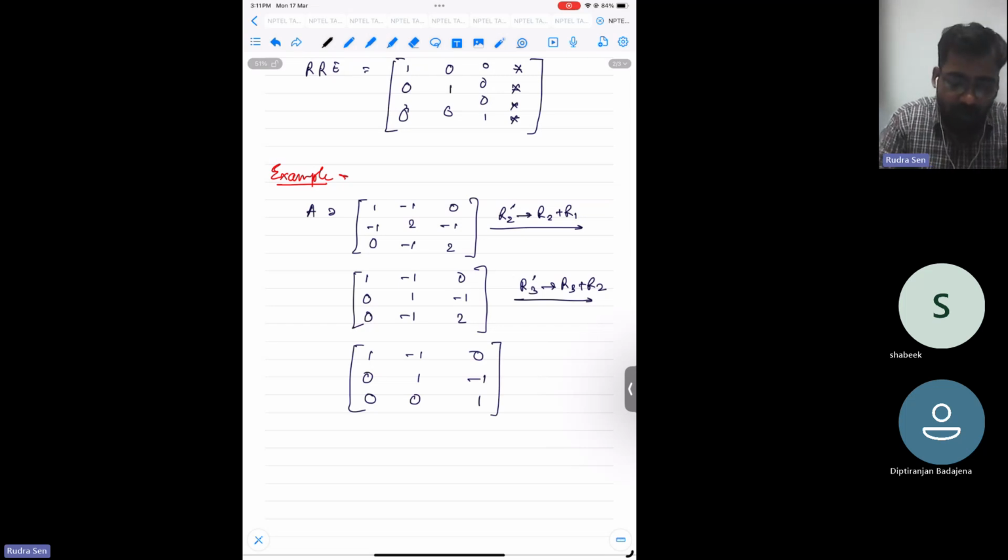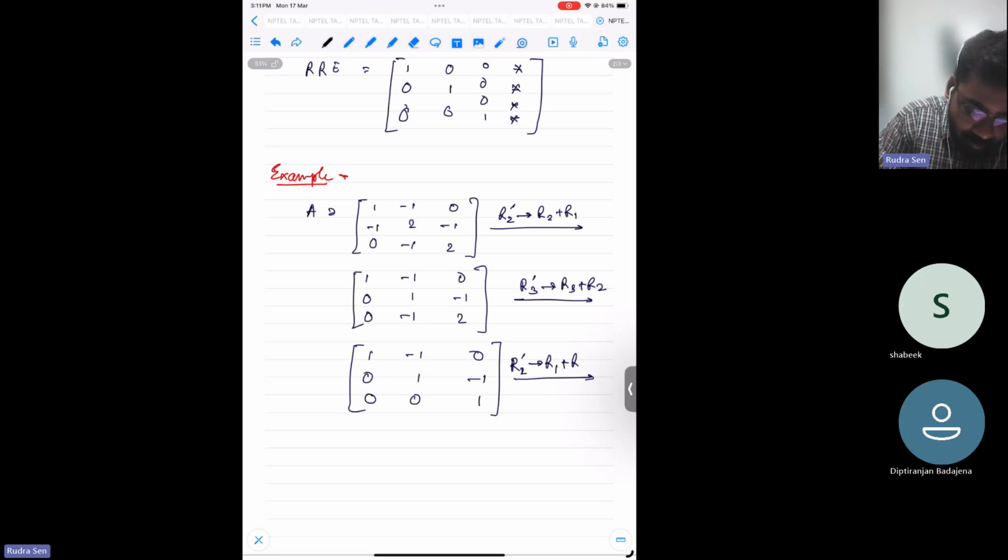Now we need to do the reduced row echelon form, right? So we need to change R1 because we need to make this element 0. We need to make this element 0 for the R2 case. So we need to change R1. So what would be R1? R1 should be R1 plus,